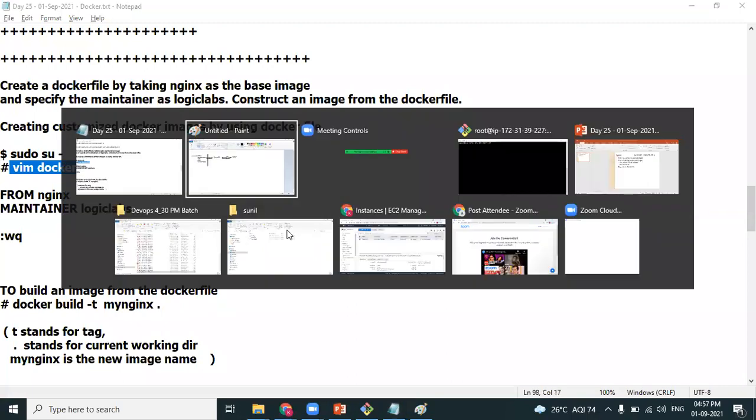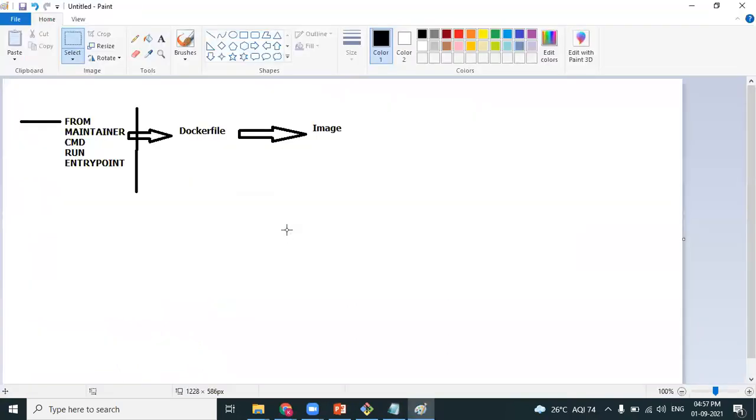Sunil, I have one question. Yes. Is there any way we can create the base image itself and store in the registry? Base image, we don't need to create it. Base images are available in Docker Hub. Because some security policy of the company doesn't allow to use any of the operating system from the Docker Hub, we want to build a Docker image from scratch. Like from scratch, you want to build your own image. So that's not possible. Whenever you are creating customized images, you should create them on top of base images.